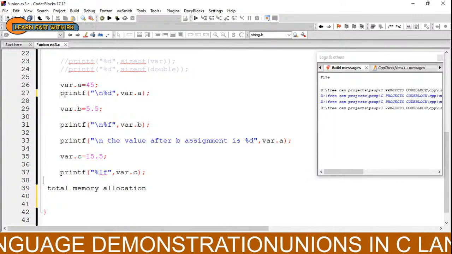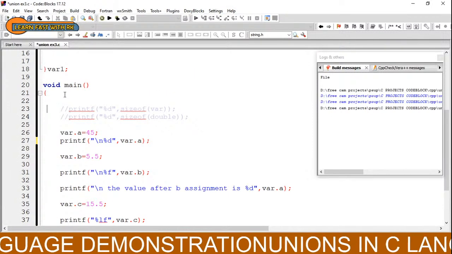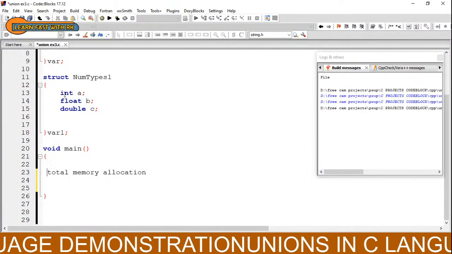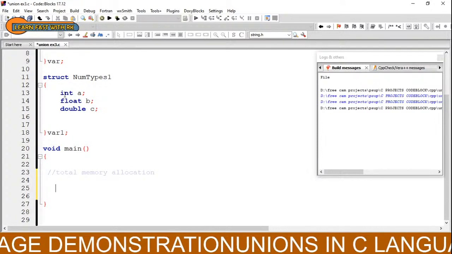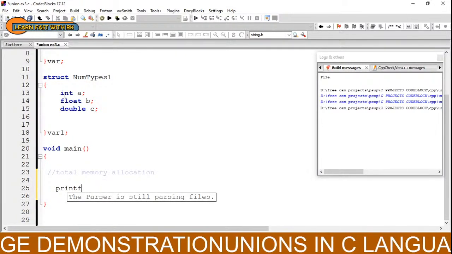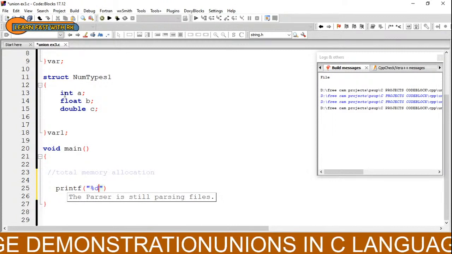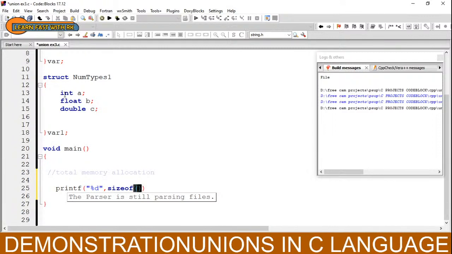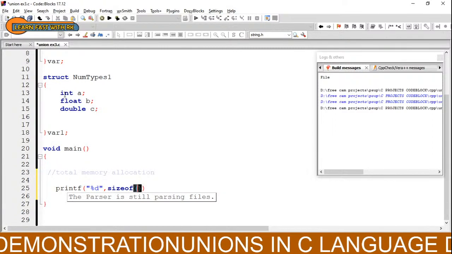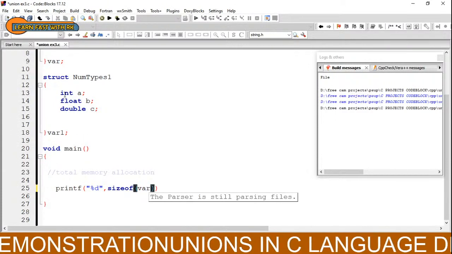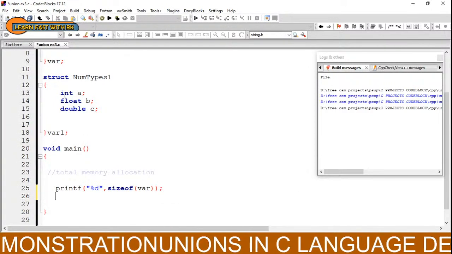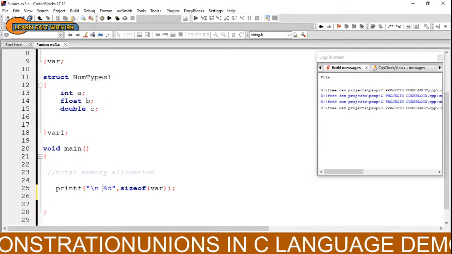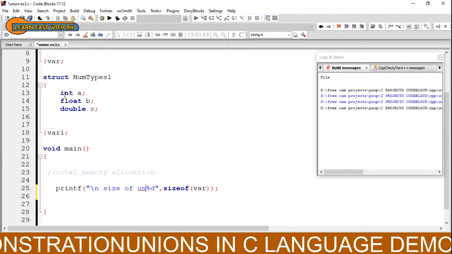So if you want to find out what is the memory that is allocated for a union, then we will be using something called a printf %d comma size of union variable, which is var. Here, for the display purpose, I am just writing down the size of union,